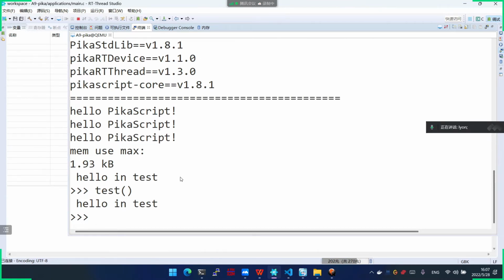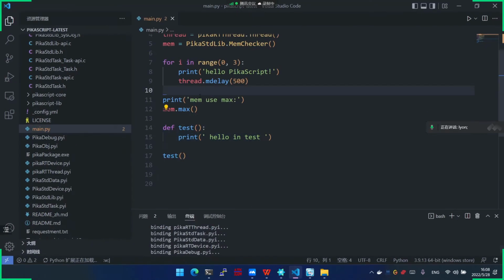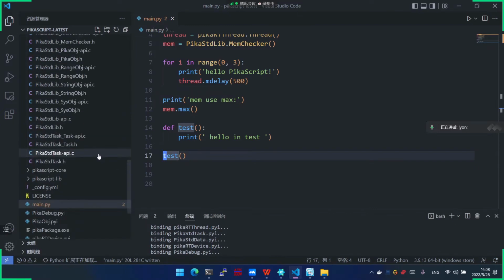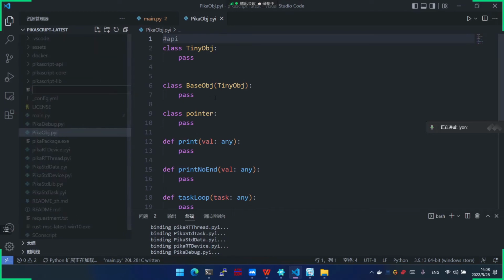In the next part, we will briefly demonstrate how to make a C module. Making a C module is to connect Python and C, which is quite troublesome in MicroPython. But PikaScript provides tools to make C modules quickly. A C module in PikaScript is a single file,